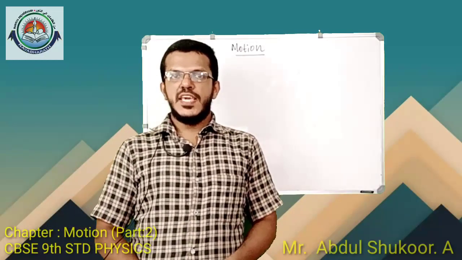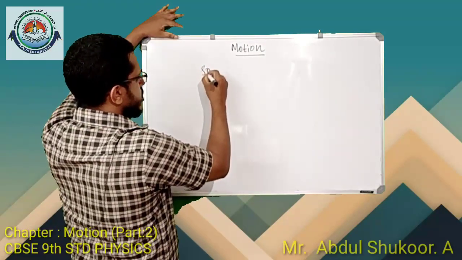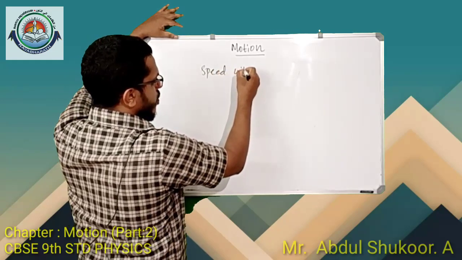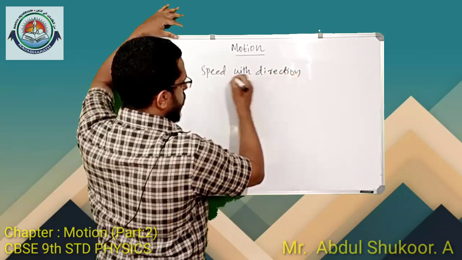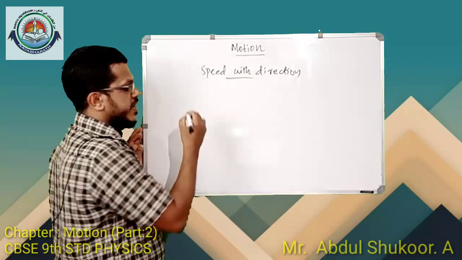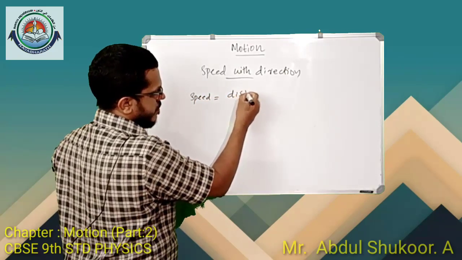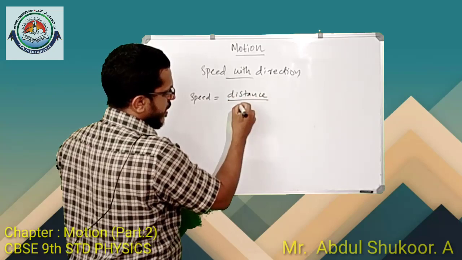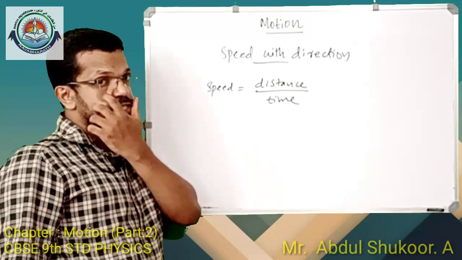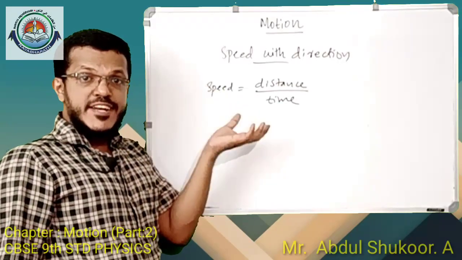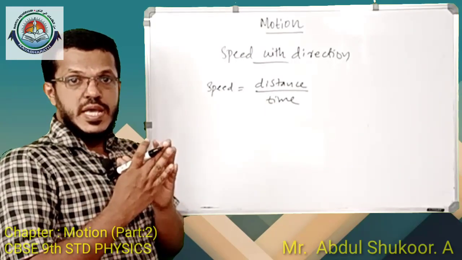The next topic is speed with direction. What is that? Speed with direction. We discussed what speed is. Speed is equal to distance by time, that is, distance covered by an object per unit time. That is speed. If you specify both the magnitude and direction of the speed, then this combined quantity